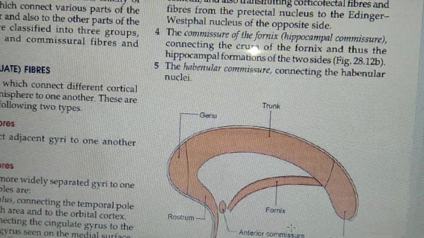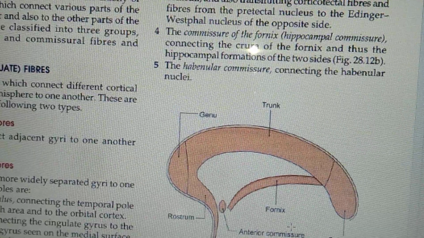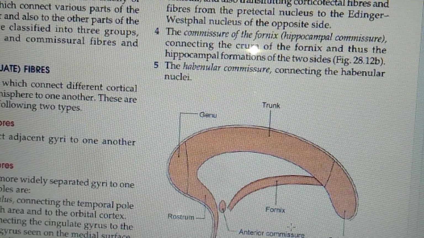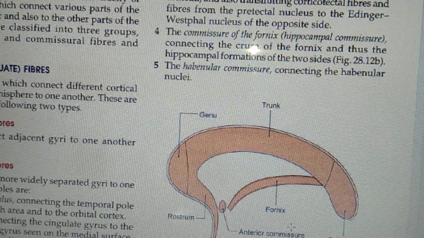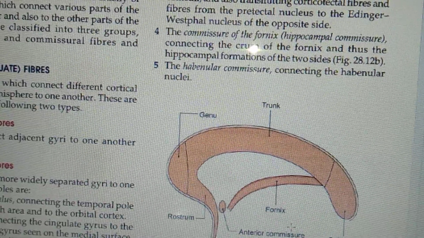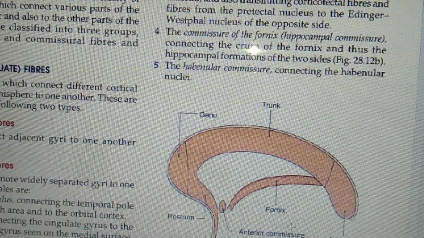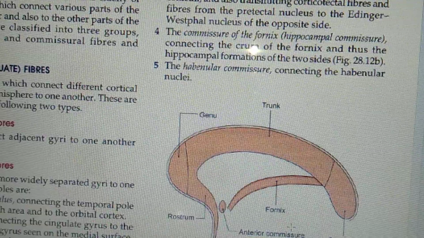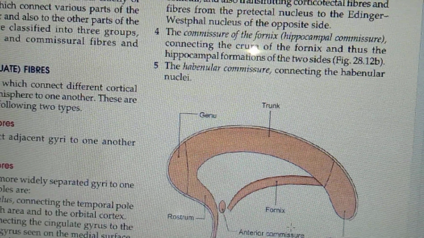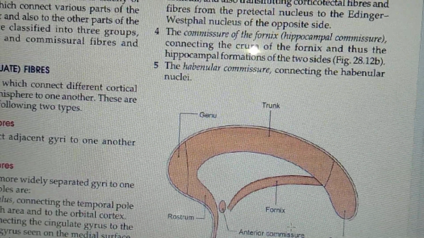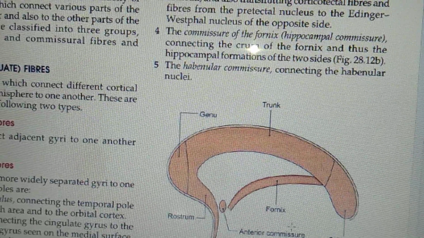That is easily seen in this diagram. It is related superiorly to the anterior horn of the lateral ventricle and inferiorly to the indusium griseum and the longitudinal stria. Superiorly it is related to the anterior horn of the lateral ventricle, and inferiorly to the indusium griseum and longitudinal stria.